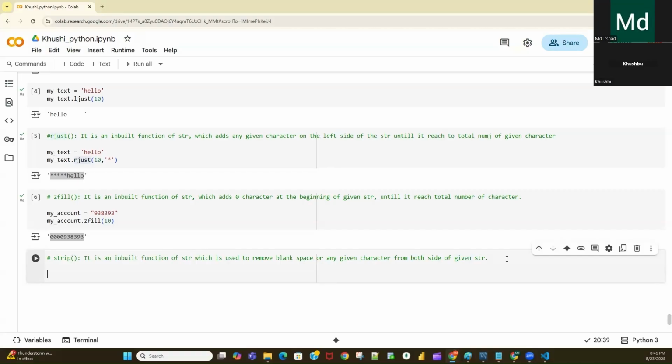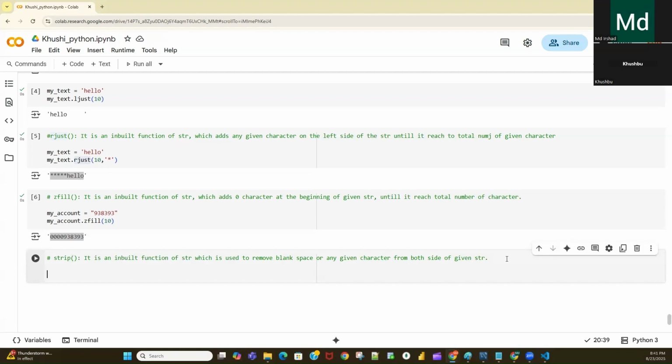With the help of the strip function, we can remove those extra spaces on the left side or right side. Generally, as a developer, whenever we read data from any Excel file, CSV file, database or any source, and if that data is in string format, we should always try to strip it, because we don't know whether the data contains any space or not.